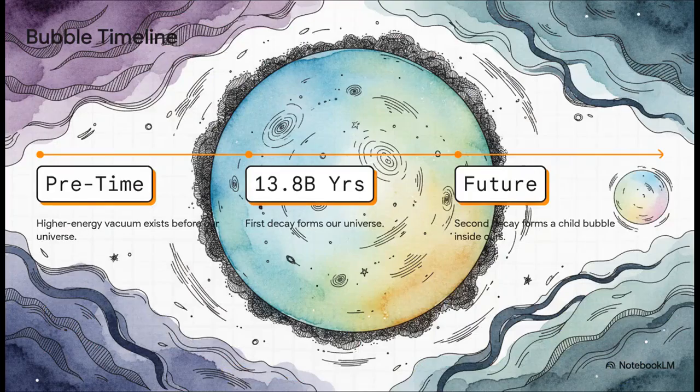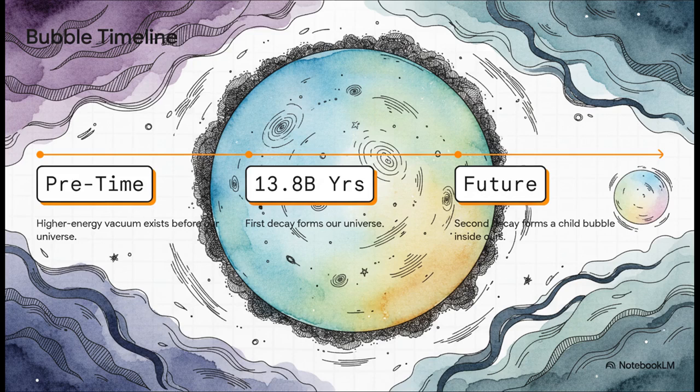If a higher energy vacuum existed before time as we even know it, this actually suggests the Big Bang itself could have been the result of a true vacuum bubble forming about 13.8 billion years ago. If that's the case, the highly energetic wall of that specific bubble wouldn't be something we could just spot in our sky. It would have passed through our region long before light could even travel, placing it way, way out beyond our observable universe. It would literally be the outer edge of our reality.